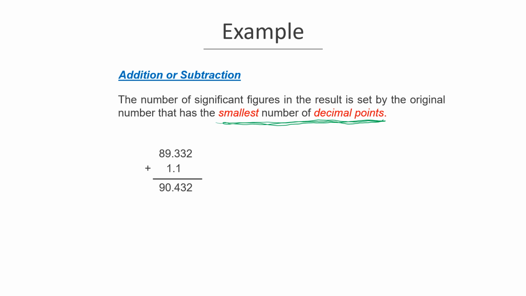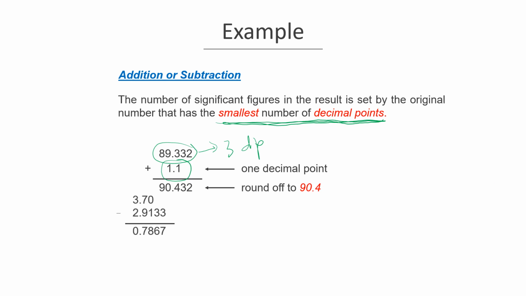Example given here is 89.332 plus 1.1 equal to 90.432. So here we have 1 decimal point, and here we have 3 decimal points. Comparing both of the values, of course we take 1.1 as the 1 decimal point to write the final answer by rounding off to